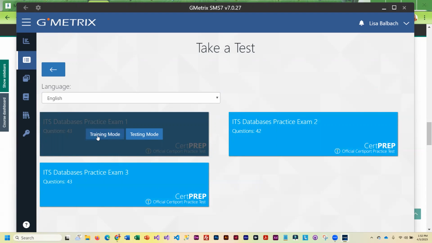Training mode, I would go through first because as you go through here, you will see whether you got it right or wrong, and you can find out what you did incorrectly. Testing mode is just like the certification. You are not going to know, when you're taking it, what you got right or wrong, and it's timed. Okay, so if you go into testing mode, which you do need to do to receive the points,